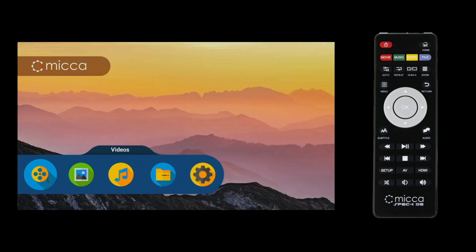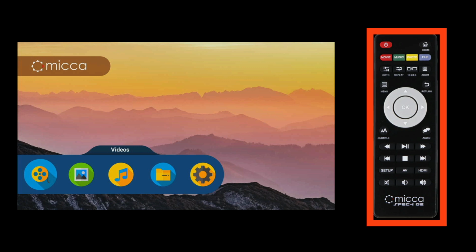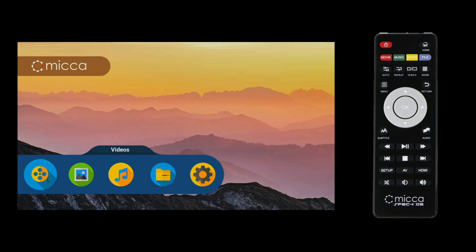So let's take a look at the interface for the Micca Speck G3. If you have this pretty image in the background, you know you're on the newer version of the media player. As I go through this introduction, as I press buttons on the remote, you'll see them highlighted on the image to the right of the screen here. So when you first turn this on and plug it in, you're going to